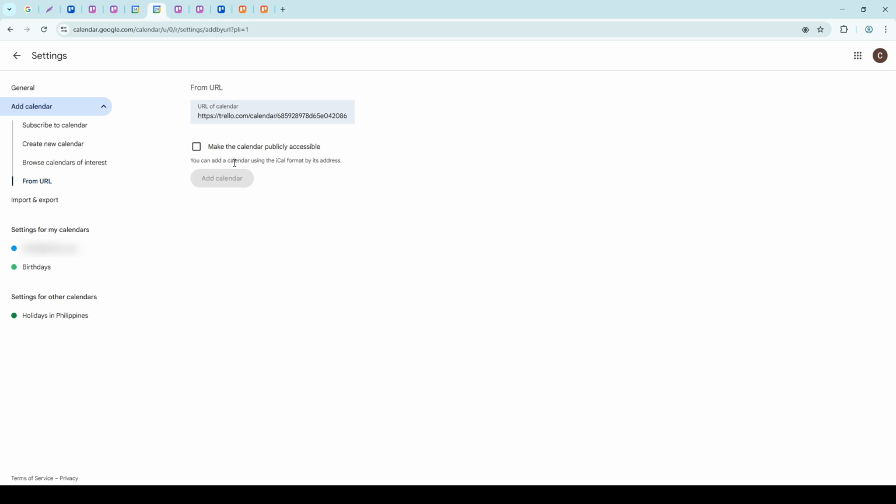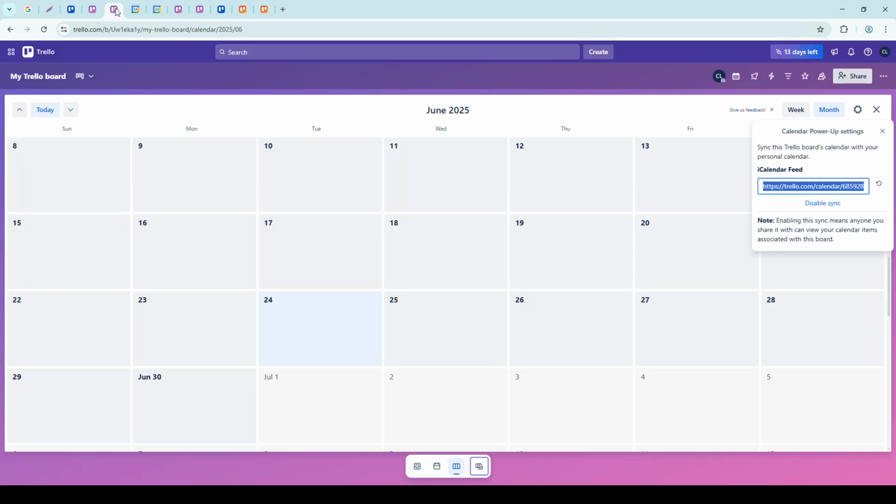Now, it's time to bring Google Calendar into the mix. Open your Google Calendar in a new tab of your browser. On the left-hand sidebar, you'll see a section titled Other Calendars. Click on the plus icon next to it, and a drop-down menu will appear. From this menu, select the From URL option. You'll be prompted to paste a URL, so insert the iCalendar feed URL you